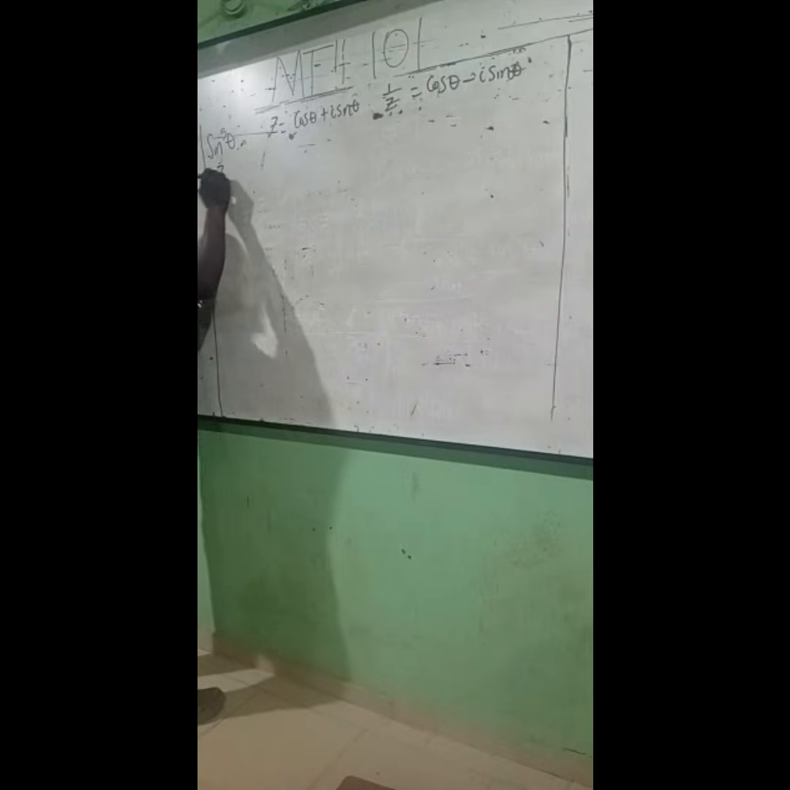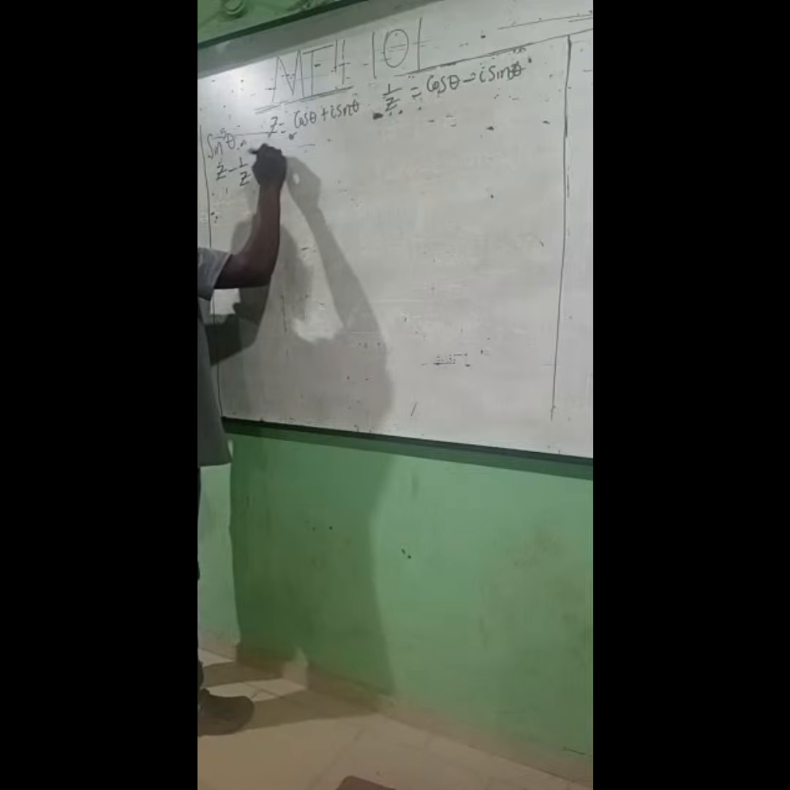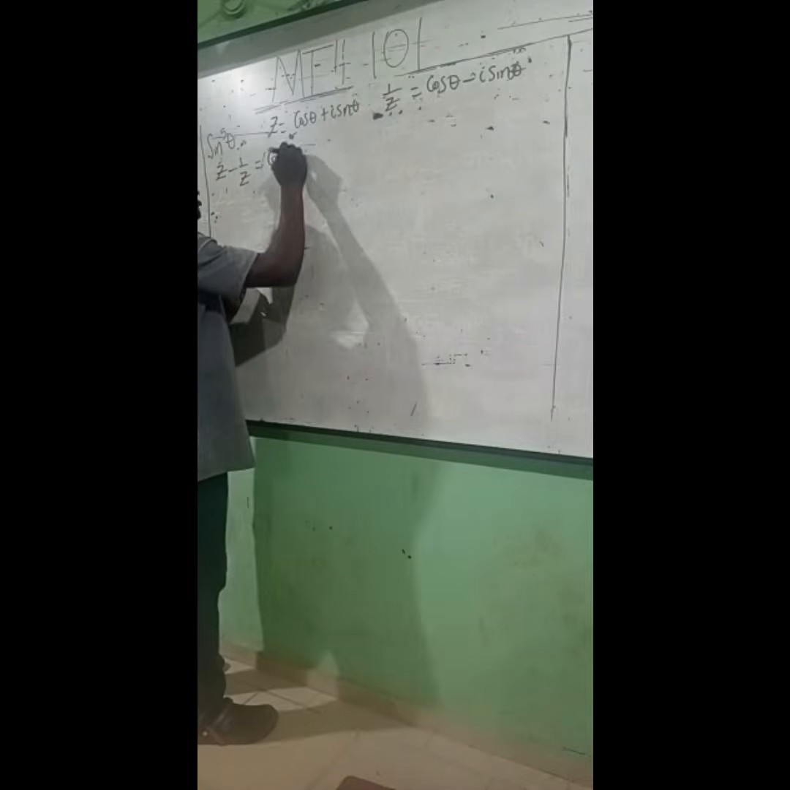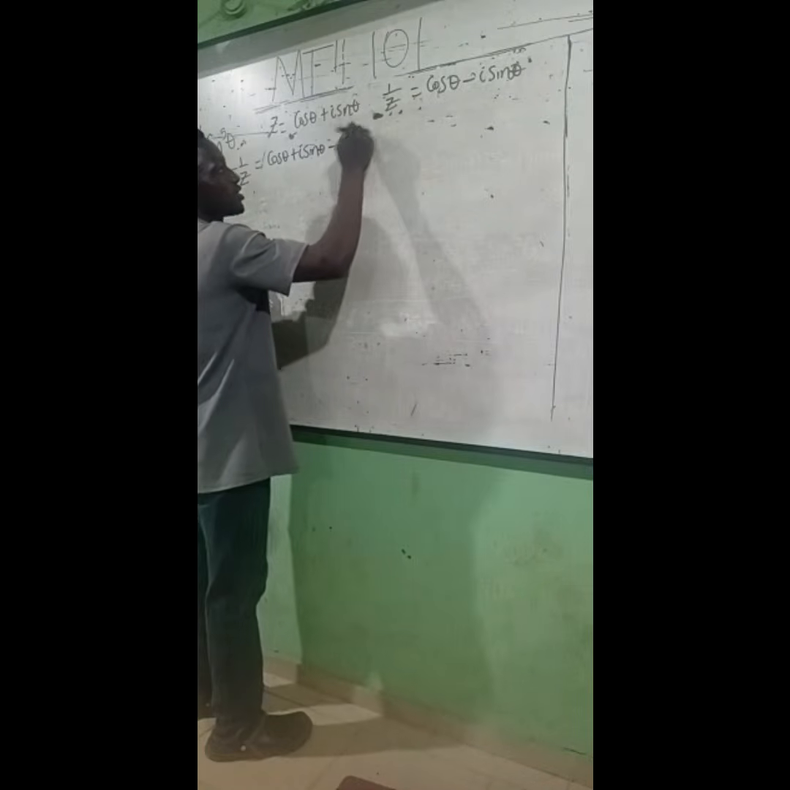So now z minus 1 over z gives us cos theta plus i sin theta minus cos theta minus